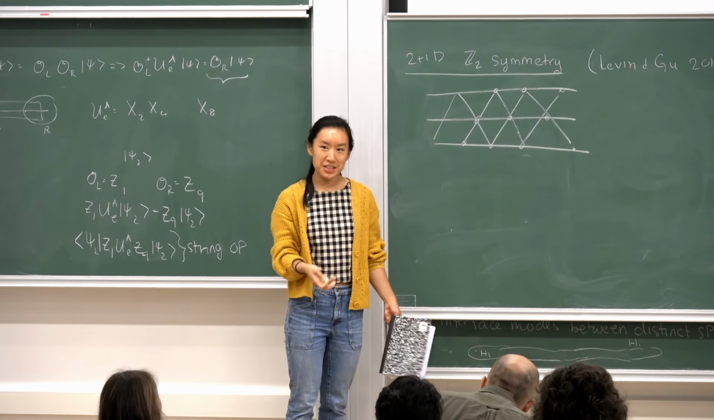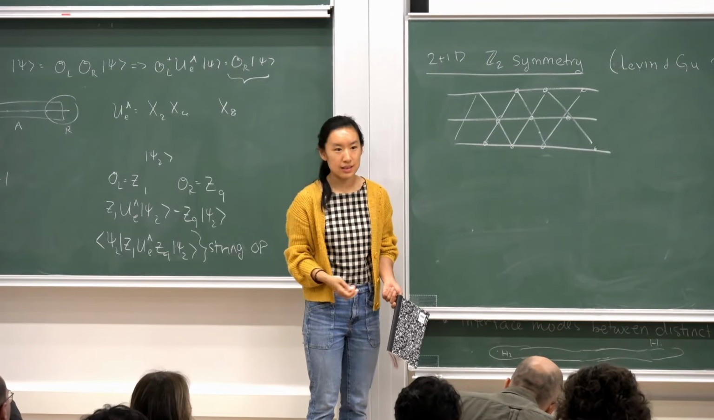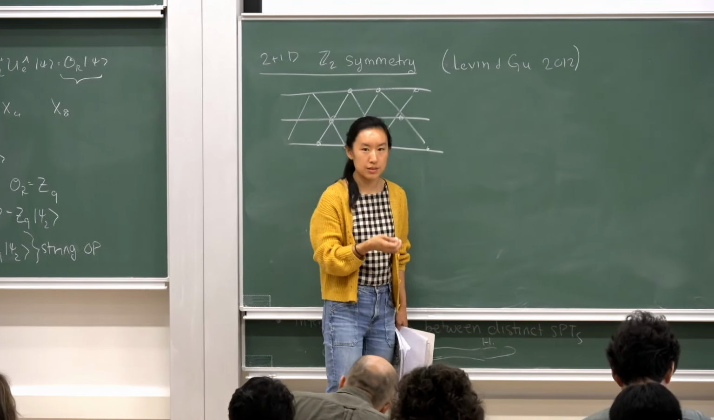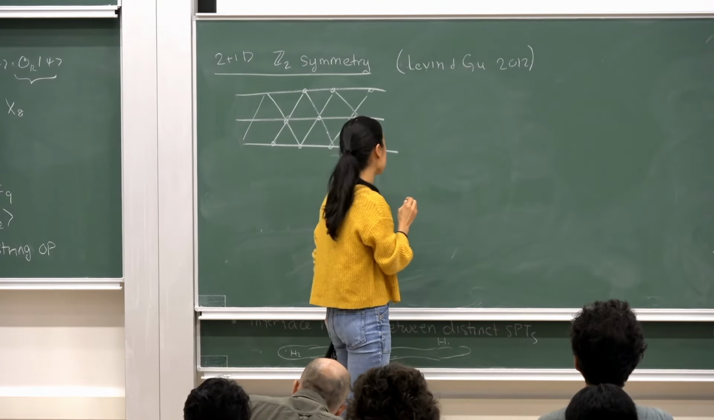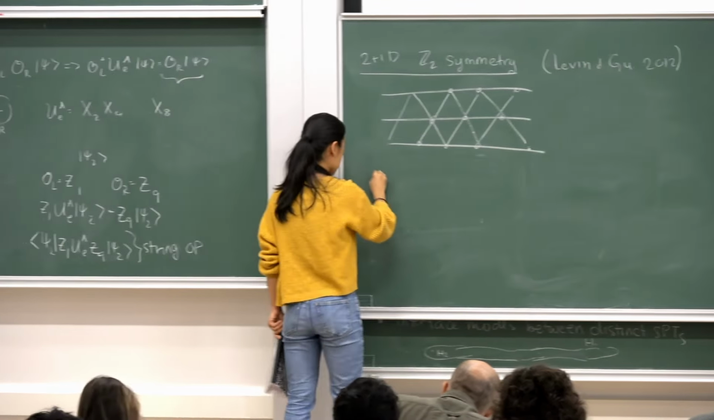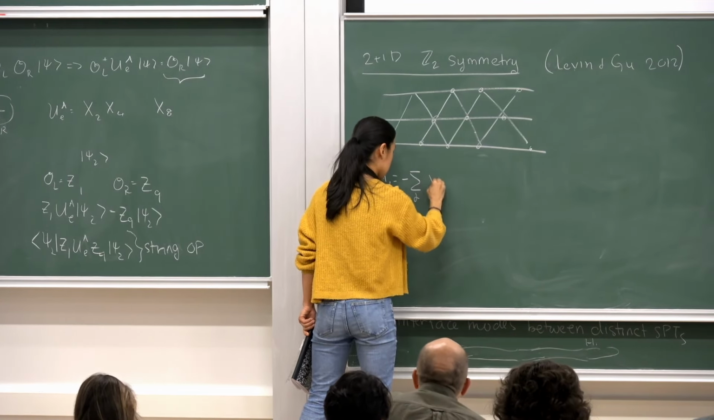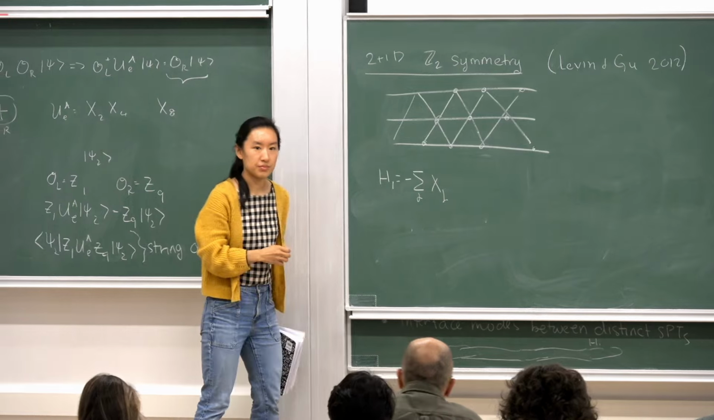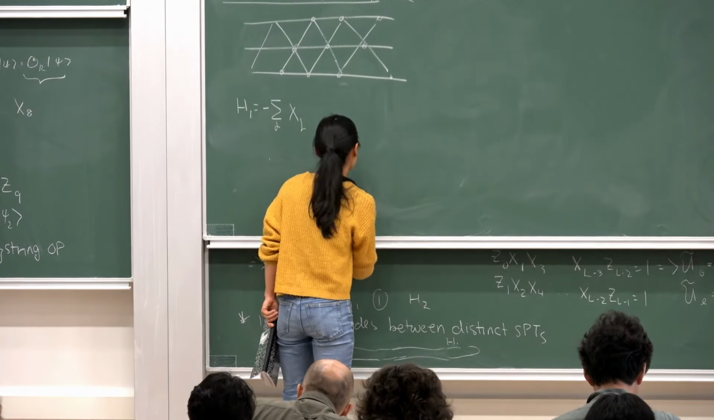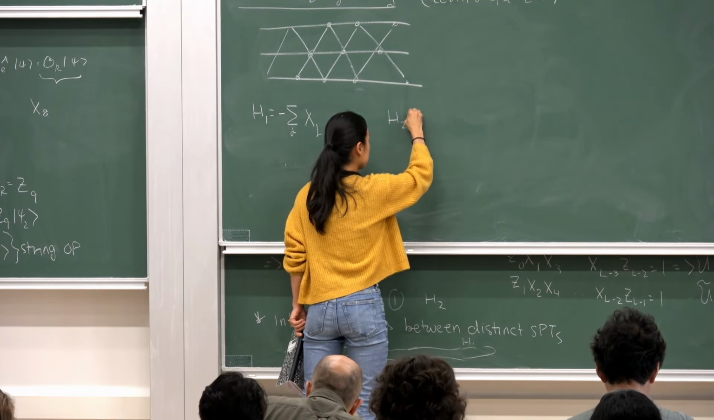And again, we can consider two Hamiltonians that have a unique ground state on any closed manifold. So they're again kind of trivial, they're again paramagnets under the symmetry. Similar to the 1+1D case, we can consider an H1, which is just minus the sum over j of xj. And then, similar to the 1+1D case, we have another Hamiltonian